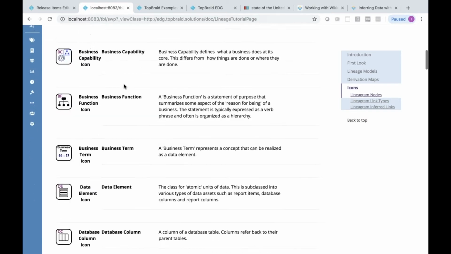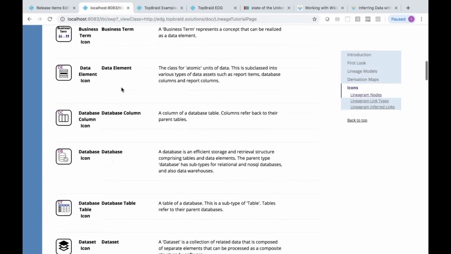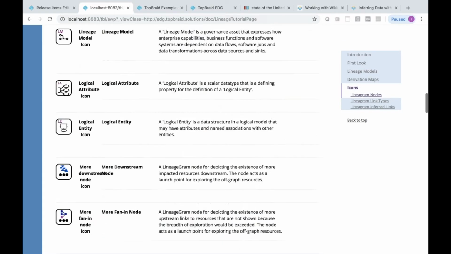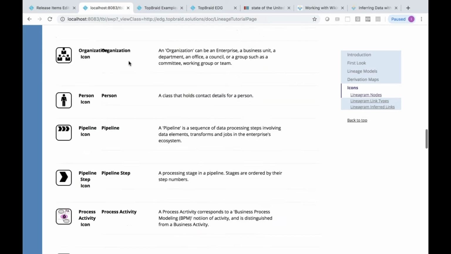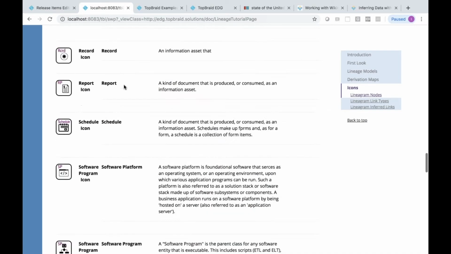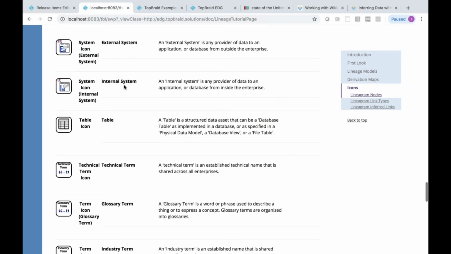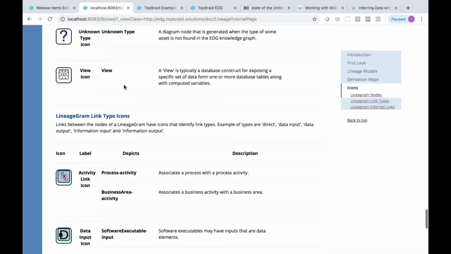So you see business activities, business areas, capabilities, functions, terms, as well as the things like data elements and databases that were available, logical entities, so much, even people, stakeholders, and how they get involved with data. So much expanded scope of the lineage.